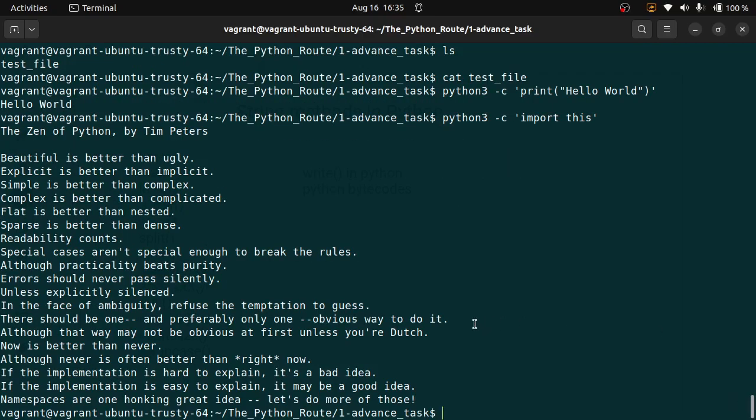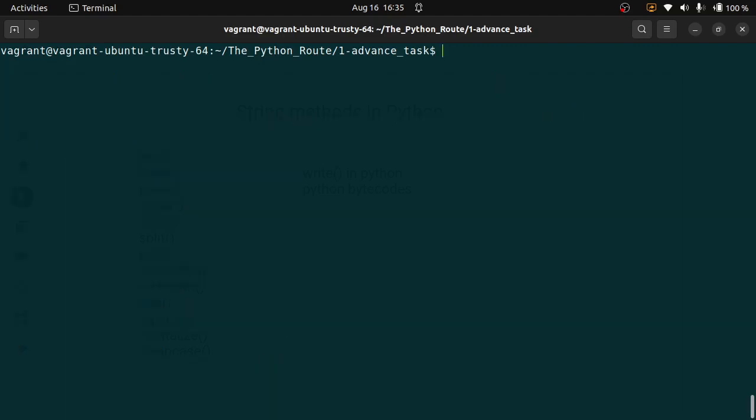Design of Python, those codes, code of conduct, like core principles on which Python programs are written. So beautiful is better than ugly, explicit is better than implicit, and that way. I think there are about 90 of them if I'm mistaken. Let me clear the screen. Having known that,